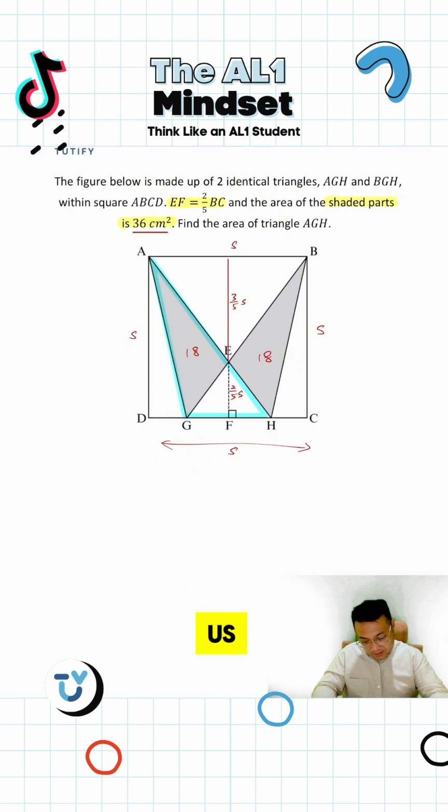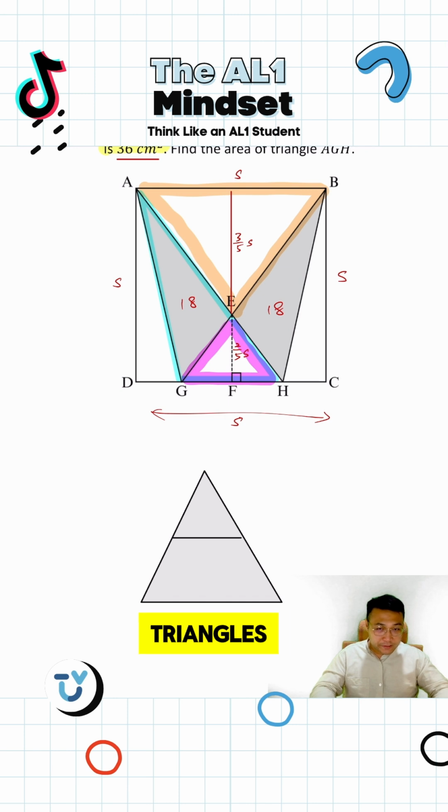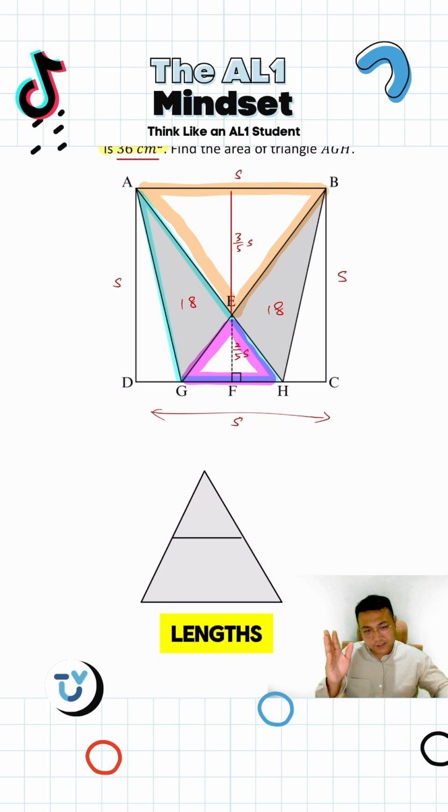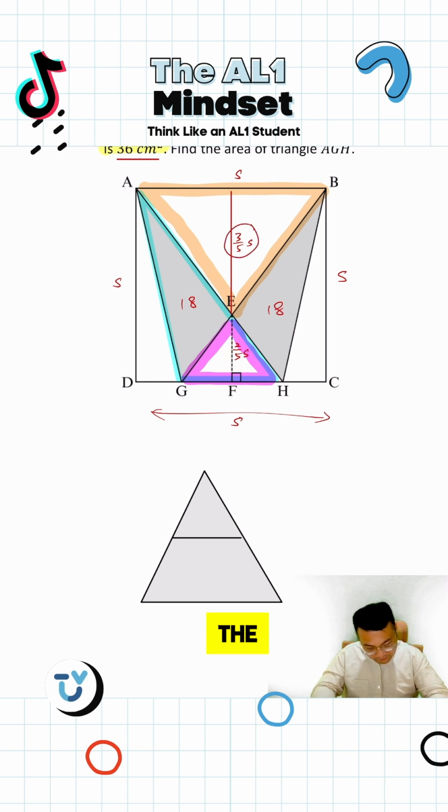How does that help us? So what are similar triangles? Triangles that have the same shape but different sizes. If I were to superimpose the pink triangle on top of the orange triangle, this is how it looks like. Both of them have the same shape but different sizes, which means to say that their lengths are proportionate to each other. If you notice, the height of the pink triangle is 2/5, the height of the orange triangle is